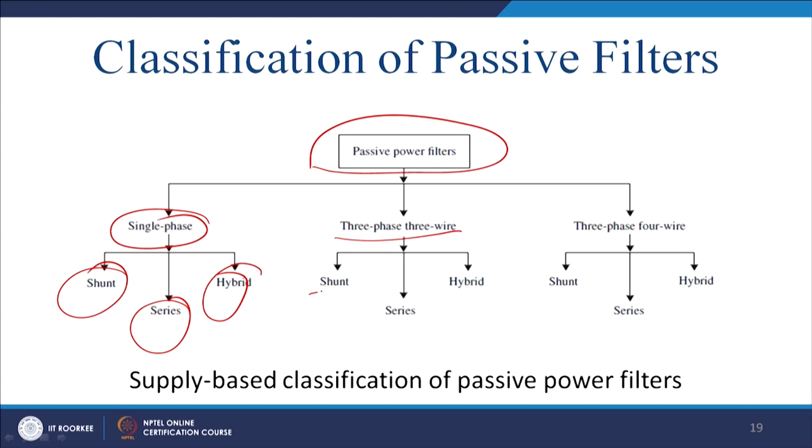And you can have a shunt, also series and hybrid same, and you can have a 3-phase 4-wire system in a 440 volt line. So, you can have a shunt that is connected between all the lines and the neutral, all the combinations we will see. Series it is fine because it will be in the line, but hybrid we can see the combination, we can put it between two lines, also you can put it between the line and the neutral.